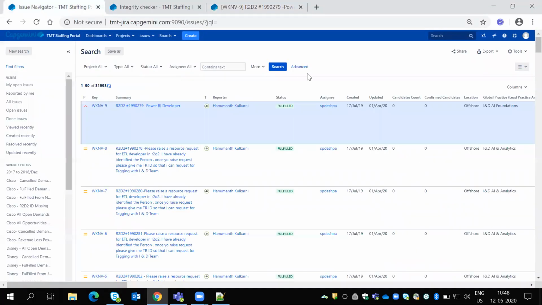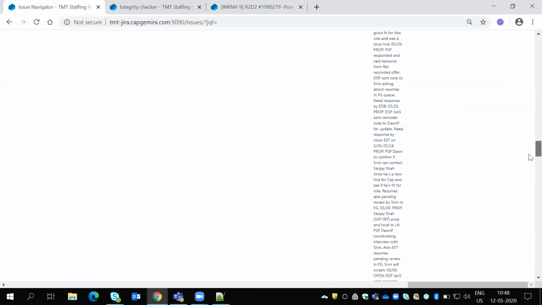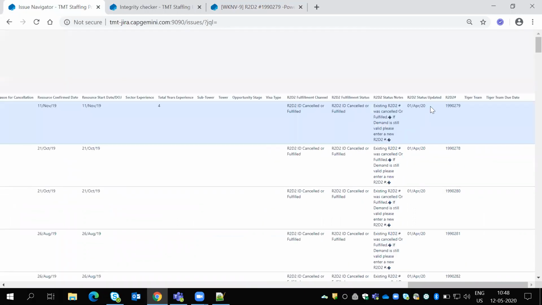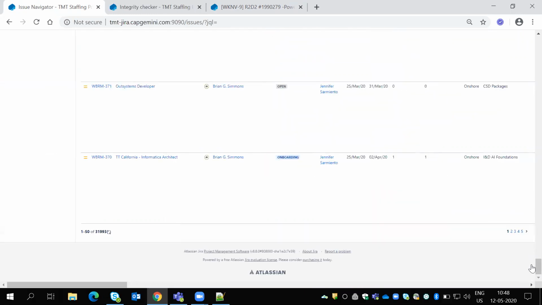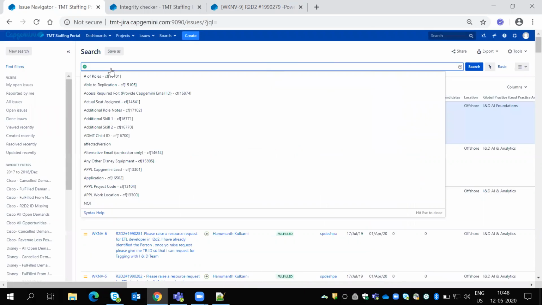Suppose when it comes to R2D2 hash, I have some numbers, and some people are writing missing. Same R2D2 field: some people have written missing, and some people have left it empty, like the number. So how do we need to capture that? Suppose R2D2 hash. Normally, how do we need to write R2D2